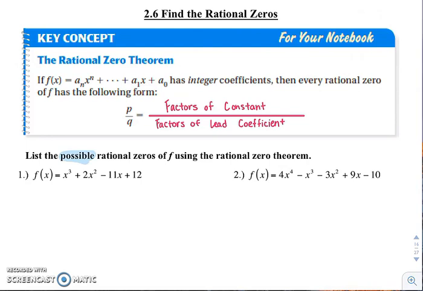So if you're given a polynomial, then if you list the factors of your constant that's in your polynomial over the factors of the lead coefficient in your polynomial, those combinations are all possible values that could be zeros in the given polynomial that you have. So like if we look at number 2,